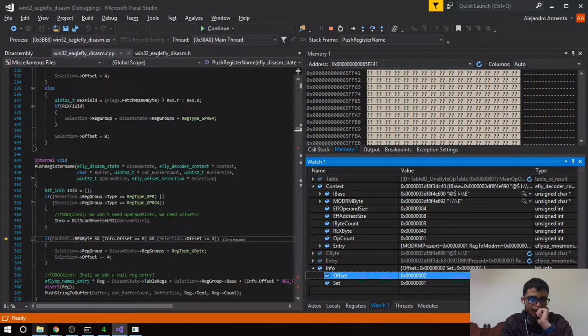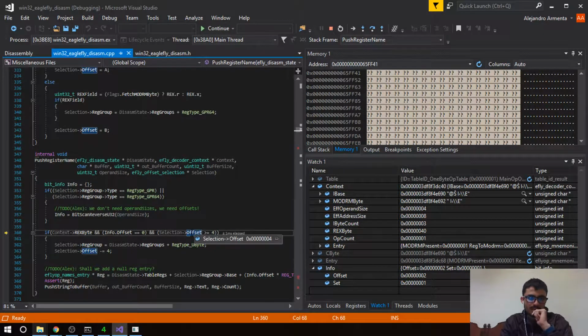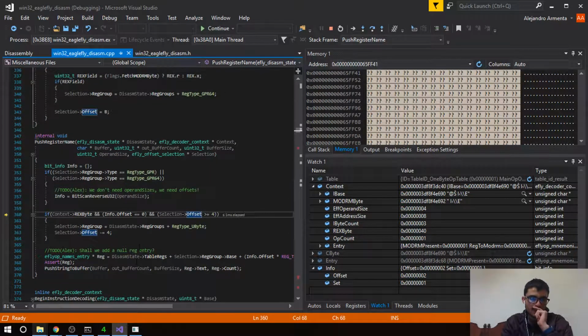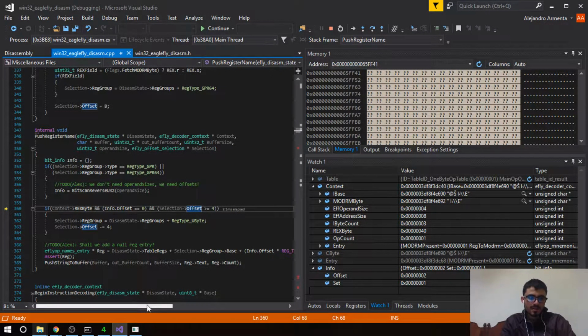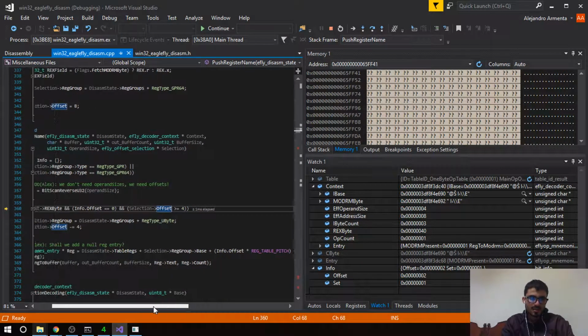Now how was this done? It has to be 0, and the offset is 4. That's correct. So selection offset is 4, and the info offset